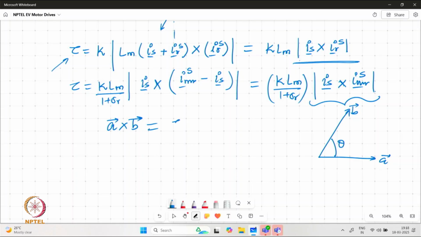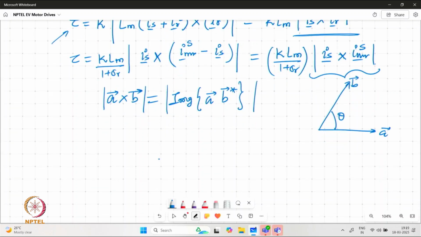This cross product can as well be represented by the imaginary of the complex conjugate product for A and B, and we are trying to equate the magnitude, so we are not worried about the sequence at this point of time. So this is how, and we can see with simple calculation that these two will end up with the same expression. Torque as well can now be represented as